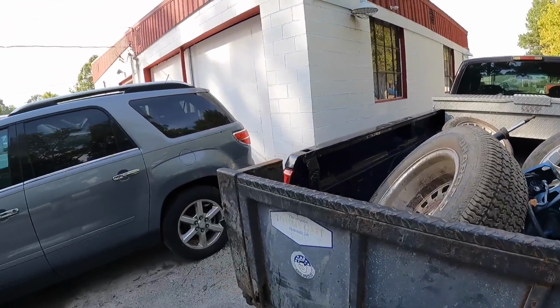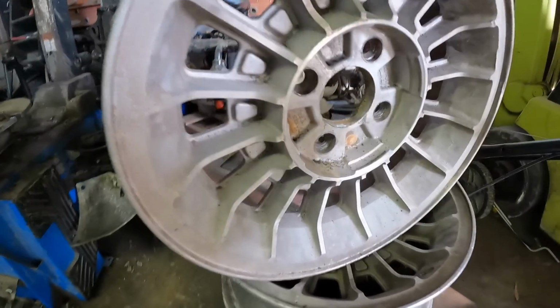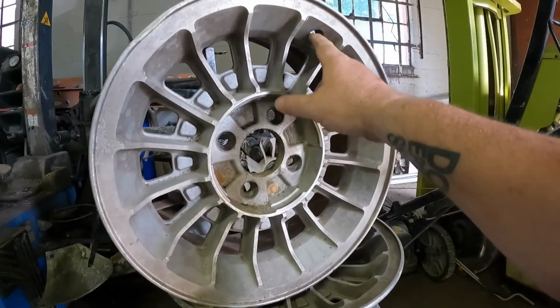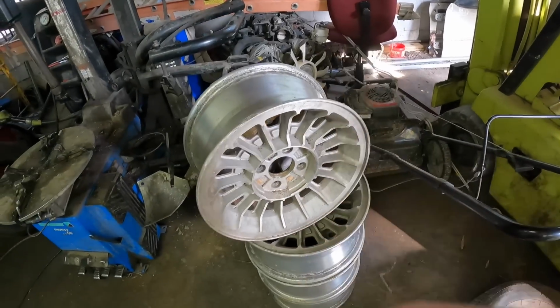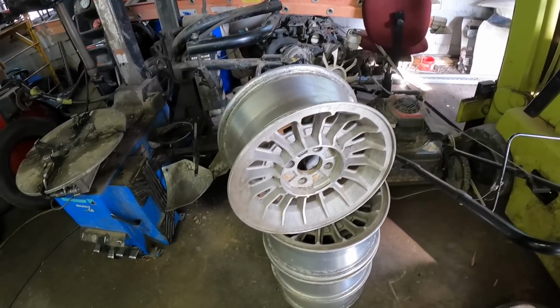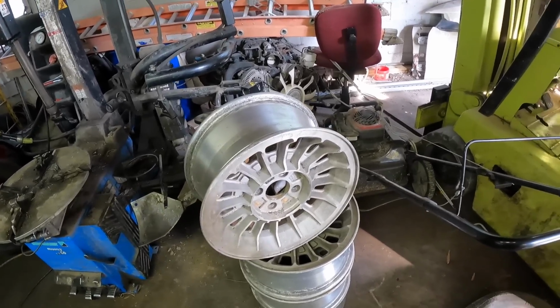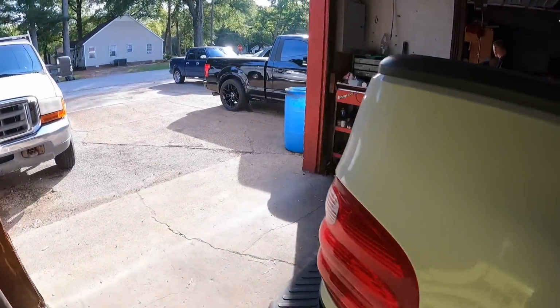So I gotta get these unloaded. All right guys, so I got all the tires busted off the rim here and took all the weights and everything, valve stems. So we're gonna take them and drop them off at the powder coater, see what happens. The wheels are in good shape, they look crappy, but we're gonna see what happens when they're all powder coated. But also,